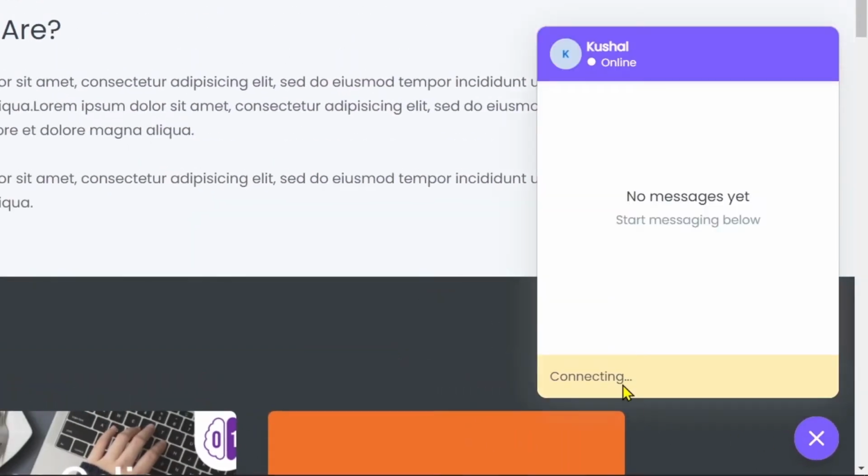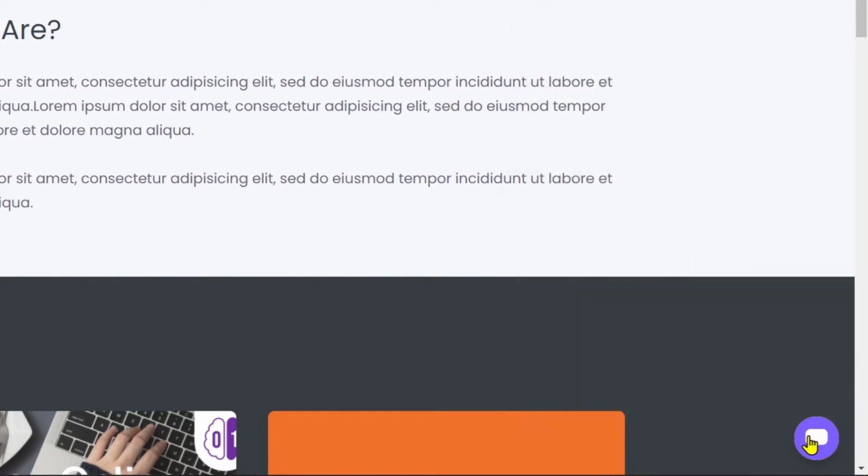So instead of displaying your contact us, letting him know your email ID or filling out a form, he can simply click on this button and start messaging you right away. Now, this messaging option is available with all the plans of Podia absolutely for free. So you do not have to pay anything extra for getting this add-on inside your Podia LMS.